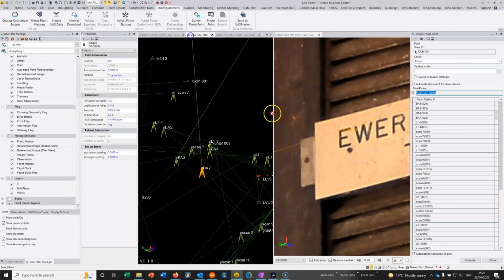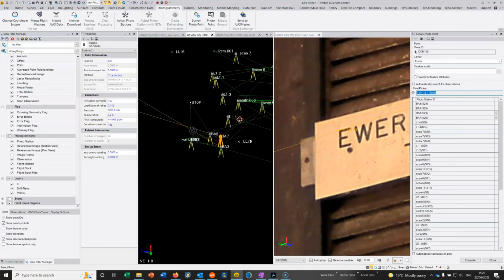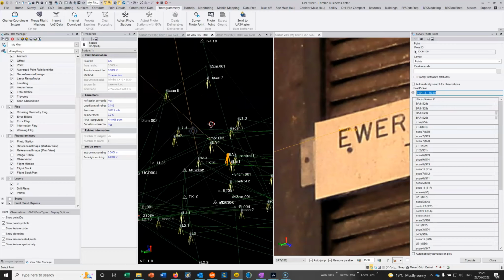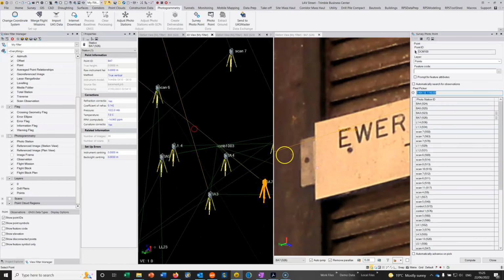But if we jump to the 3D view, we can essentially see in 3D space that we've got the intersection of these two vectors. And if we actually just choose compute, we've now calculated the coordinate for this position purely photogrammetrically. Now, this is often the most accurate way to extract data from SX series instruments back in the office,